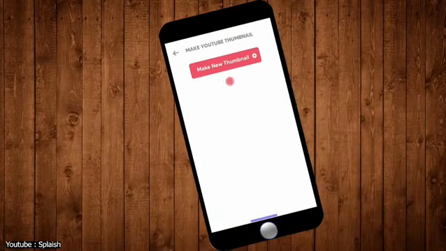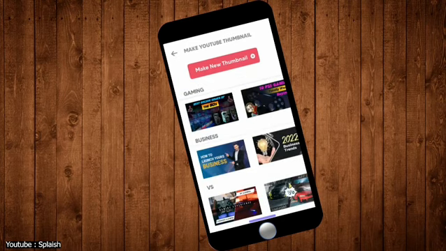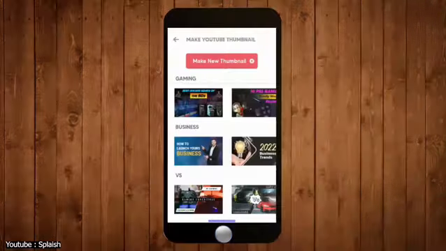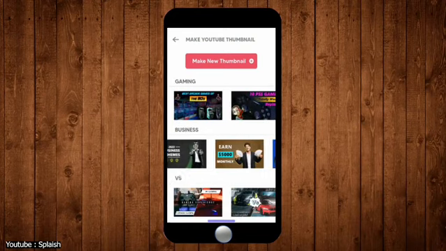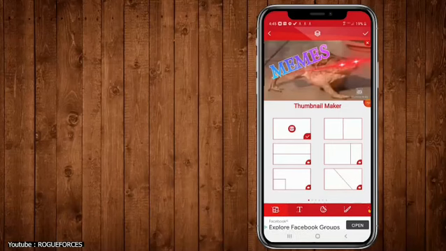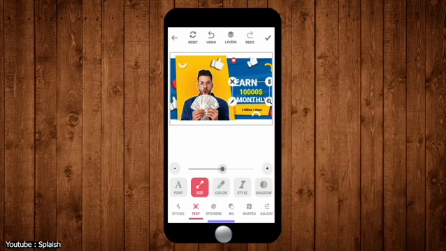While the aforementioned apps were all geared towards graphic design and happen to be good with making thumbnails, this app, as the name strongly suggests, is specifically made for thumbnail making. This gives the app a big plus. Thumbnail Maker for YouTube Studio has templates like all the other apps. However, this time around, it's specifically designed with YouTube thumbnails in mind, so it makes things a whole lot easier, especially if you can't seem to remember the dimensions of a thumbnail and have to look it up every time,